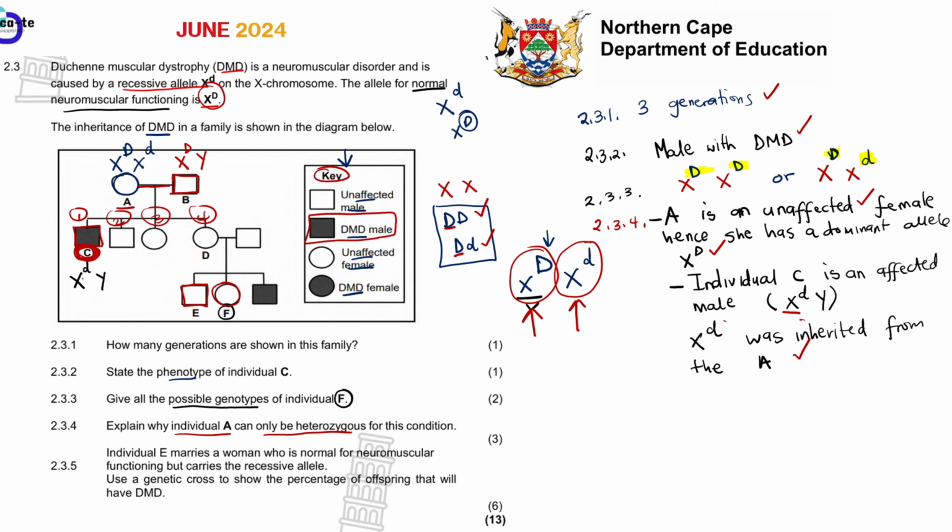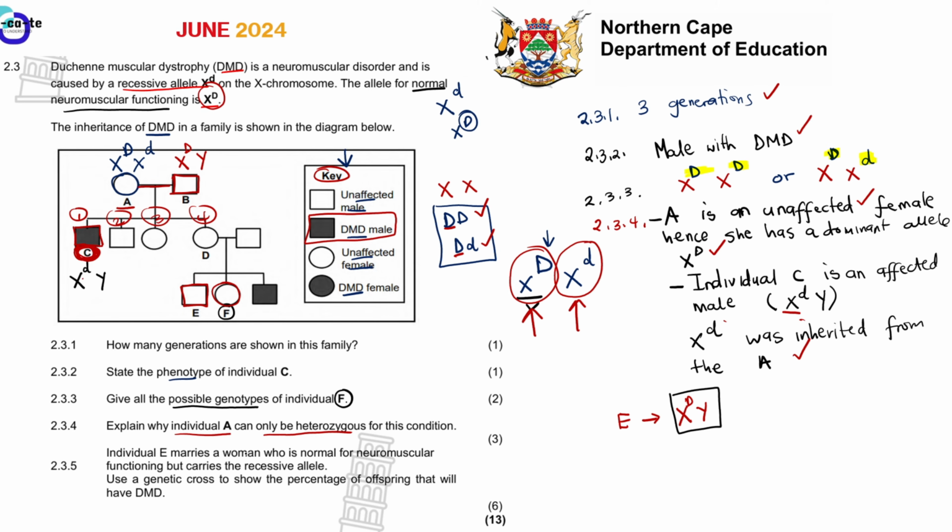The male is normal. And since this is a sex-linked inheritance, we can say that the genotype for individual E is X, Y, and then this X has a capital letter D because he is normal. For the male, it is only one way. The male can never be a carrier because he has got only one X chromosome. So this is X with a capital letter D and a Y. So that is the genotype for individual E.